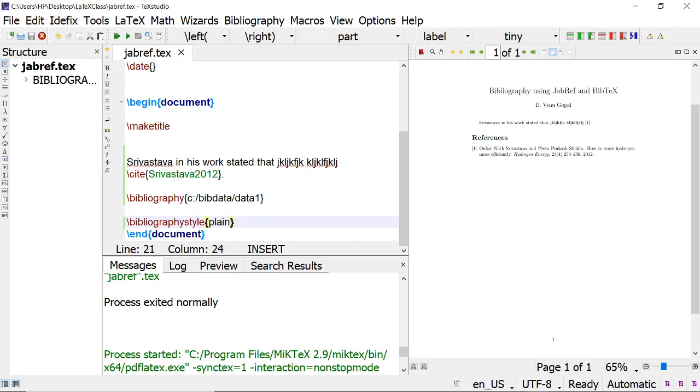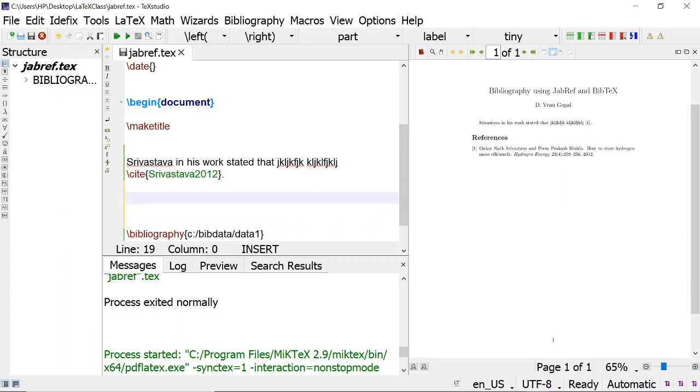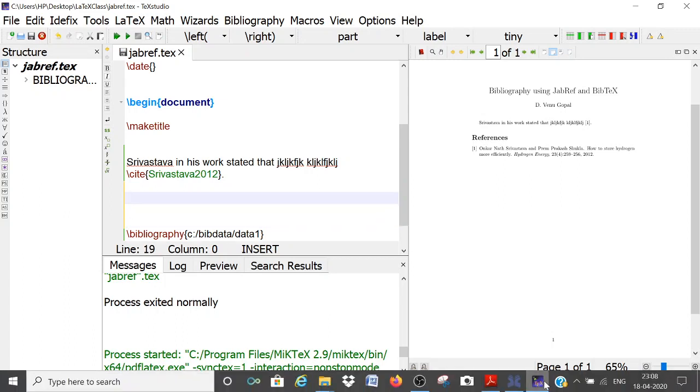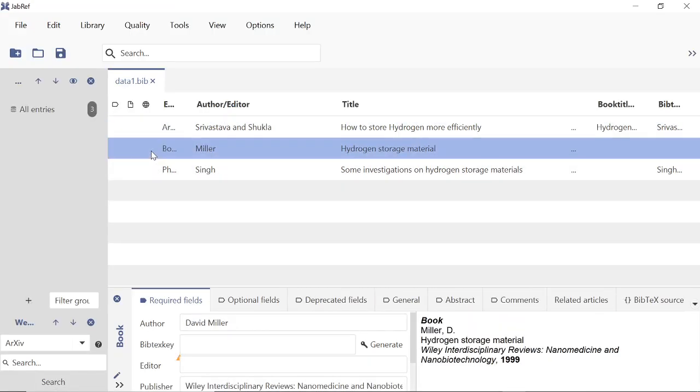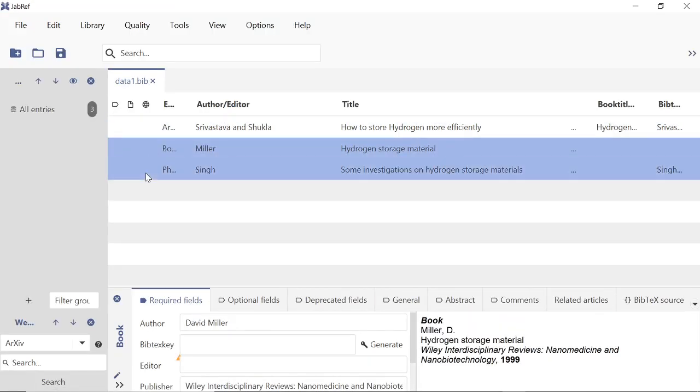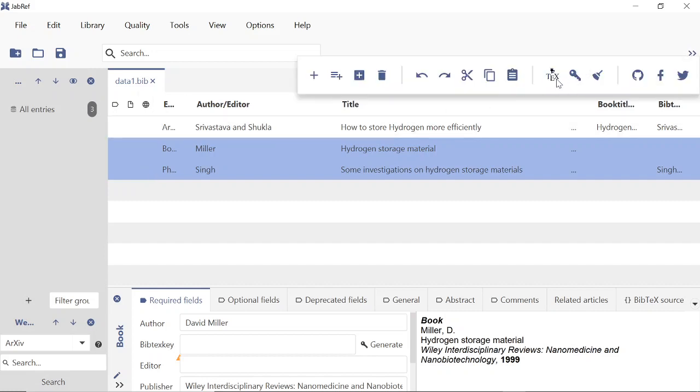Okay. Suppose I am adding another reference just like in the previous one. I will go to this. Suppose I want to select both this and click here and push to the BibTeX.